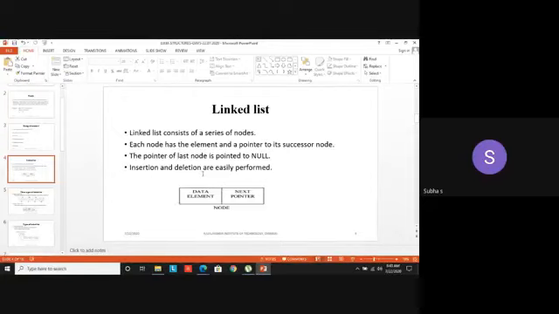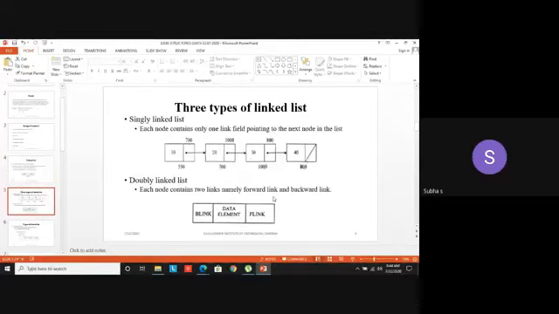So here in linked list, each node will have two parts, two components. First is the data part and the next is the next pointer. I hope you remember this one. What's this next pointer? The next pointer points to the address of the next node. I mentioned only one node; in the forthcoming slides, you will see some other examples.